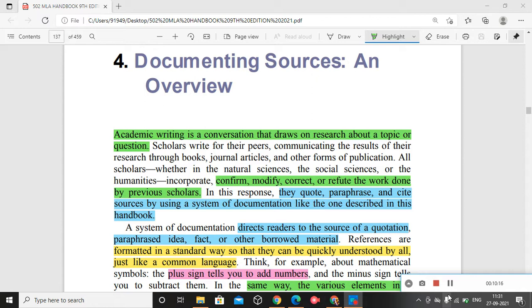Academic writing is a conversation that draws on research about a topic or question. Mentioned you, research question. Okay, conversation that draws on research about a topic, that's what you have selected. Or a question, a disturbing question comes to your mind.